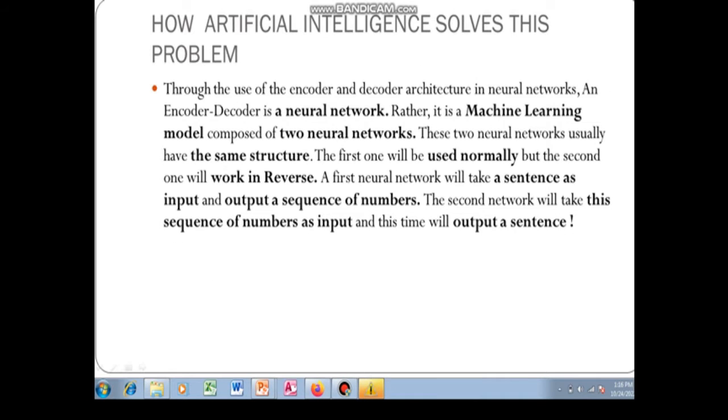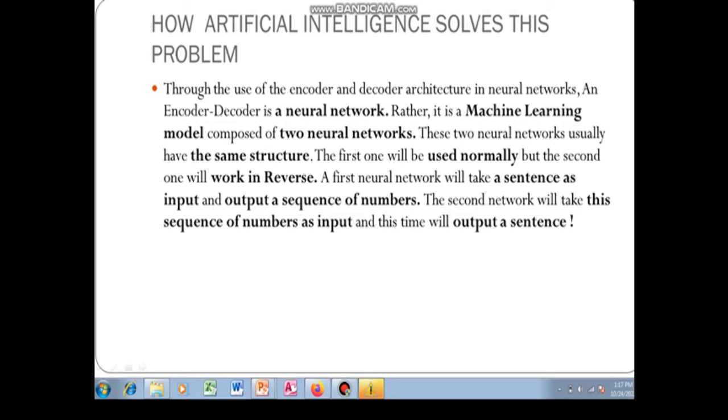So how does artificial intelligence solve this problem? Through the use of the encoder and decoder architecture in neural networks. An encoder and decoder architecture, in a machine learning model, is composed of two networks, that is the encoder and the decoder. And what the encoder does is to get the